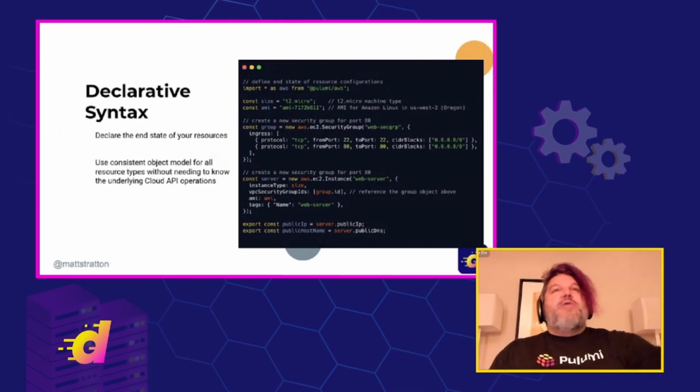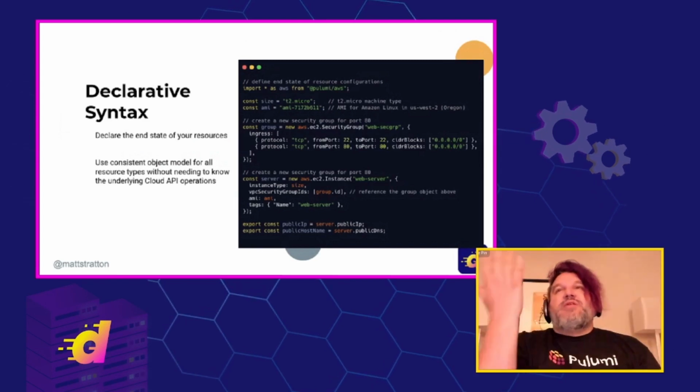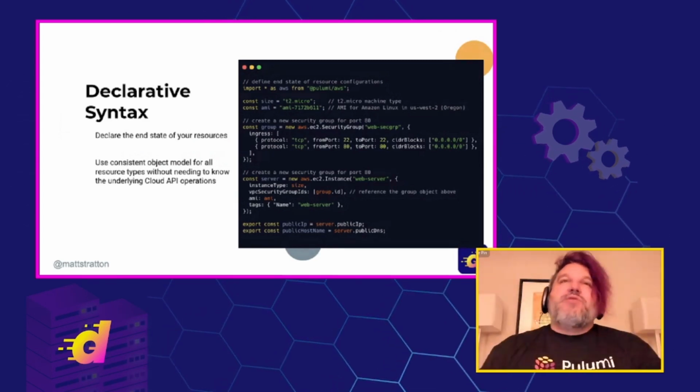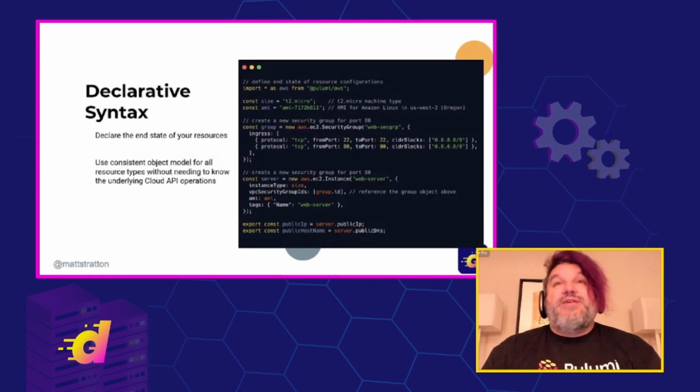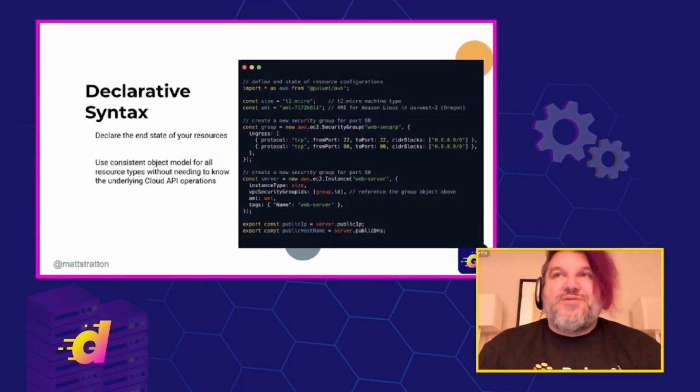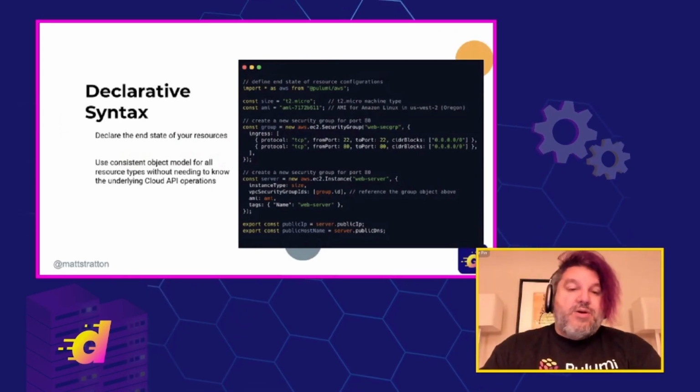We're saying, I want my stuff to look like this. Does it look like that? If not, fix it so that it does. That's declarative configuration management. That's declarative infrastructure as code, test and repair, okay? But